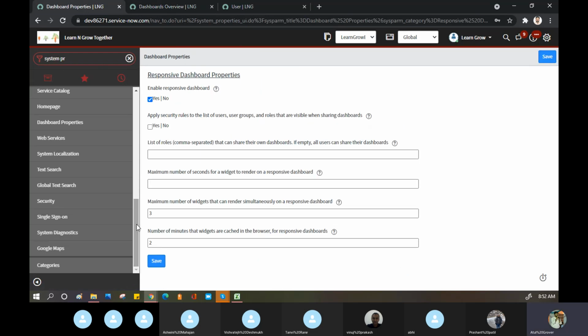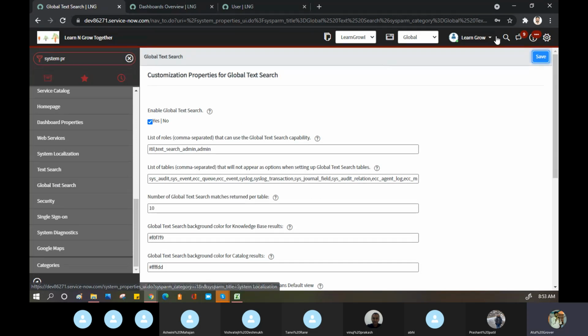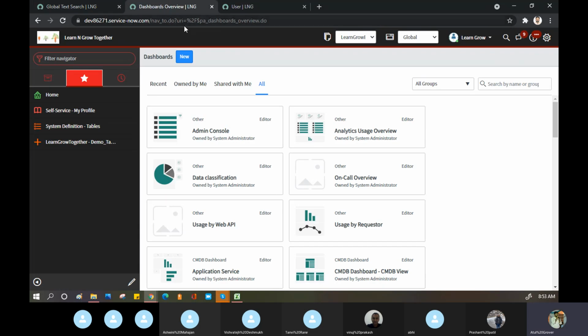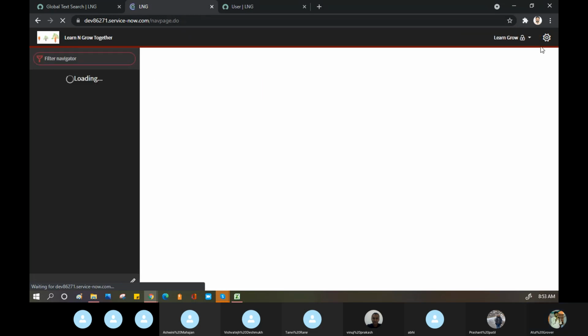So these are the few things. One more thing which has been left, global search. Important. I don't want to show this option on my screen. It's gone. Where is it coming from?